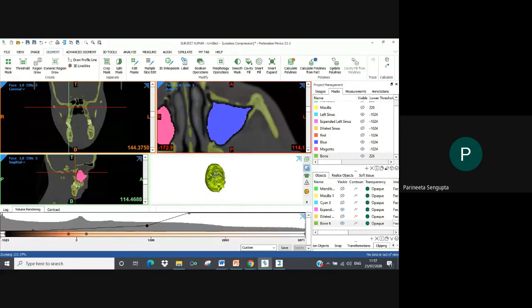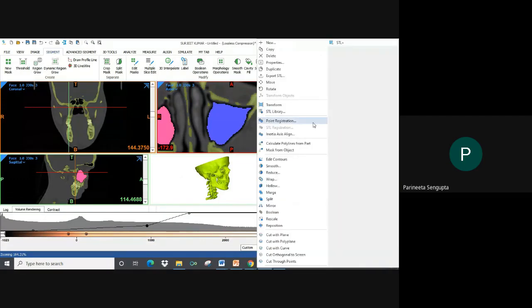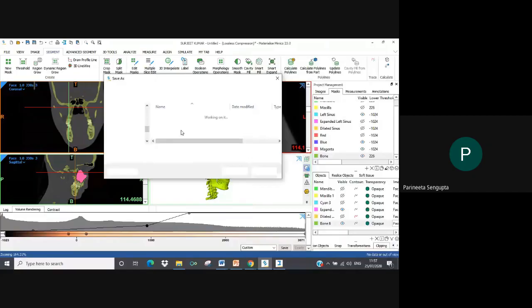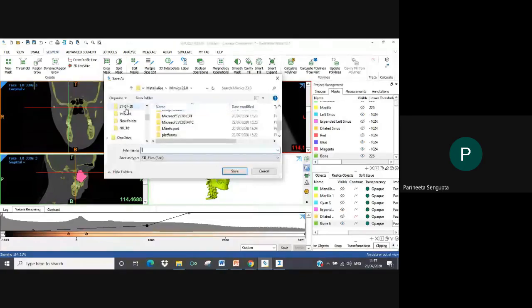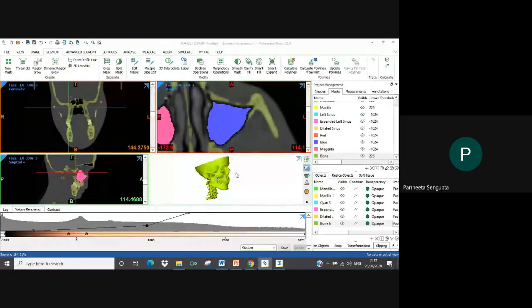Once I'm done with the calculation, I'm going to click on the drop down, export STL, and save it with a bone. So I'm just minimizing this tab and going to Thematic.